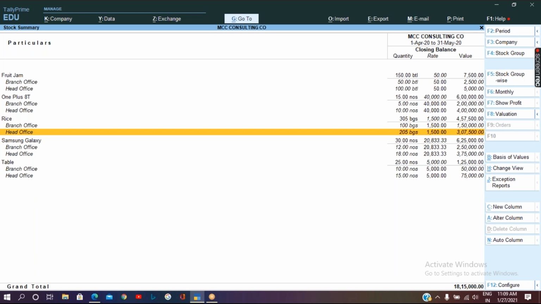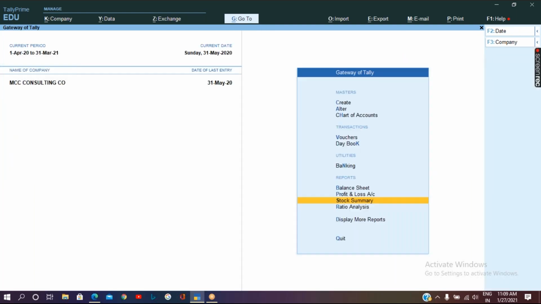So you can make the adjustment by passing a stock adjustment entry, I mean physical stock entry. Okay. So now please take 2 minutes of time and get back to me if you have any kind of doubt.